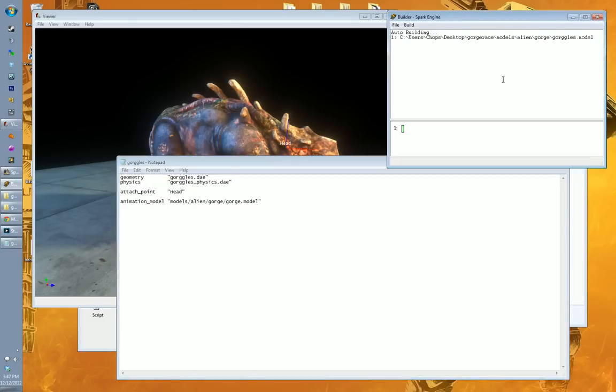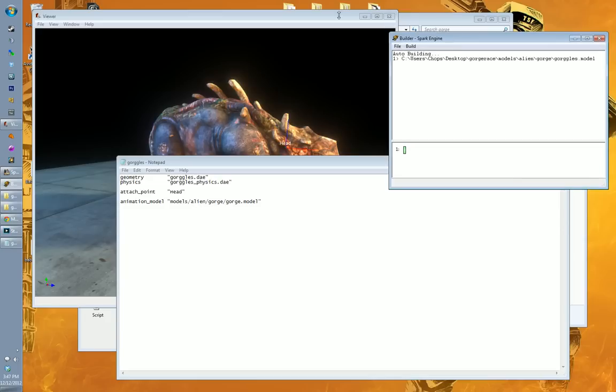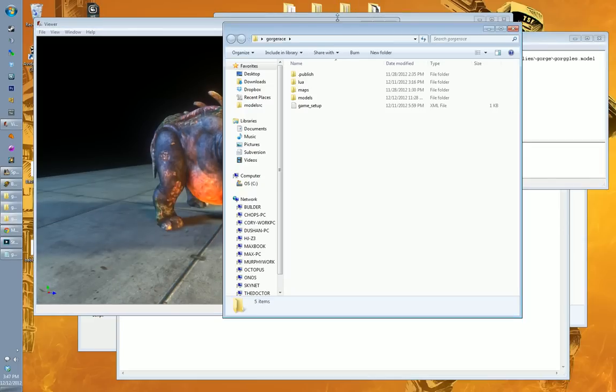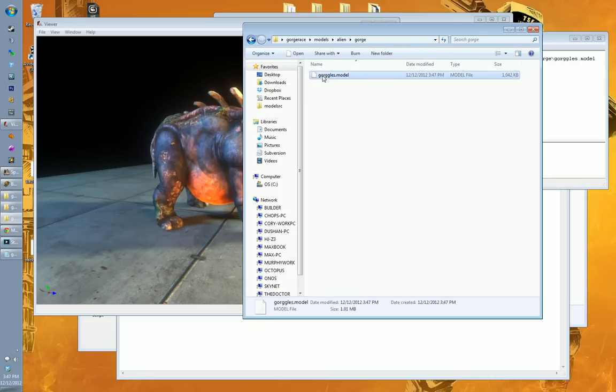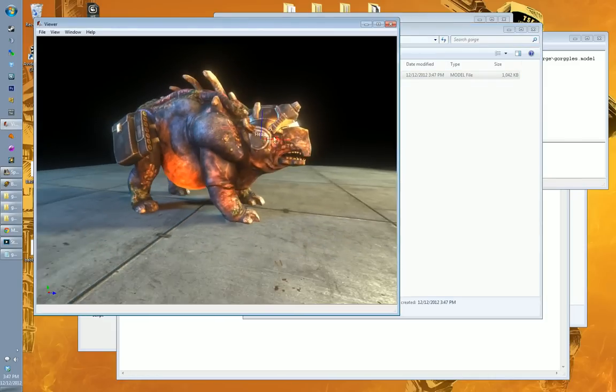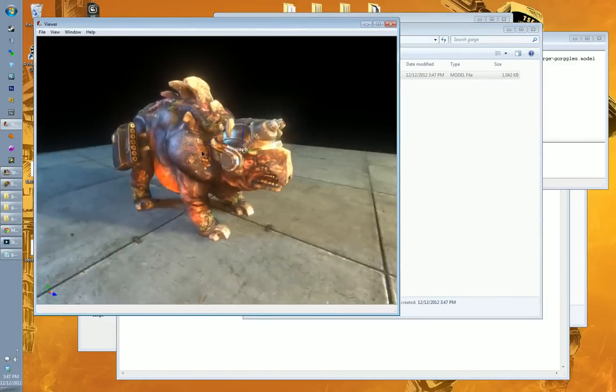There we go. That's been built into my new Gorge Race folder. And models, alien, Gorge model. You can see now he has,